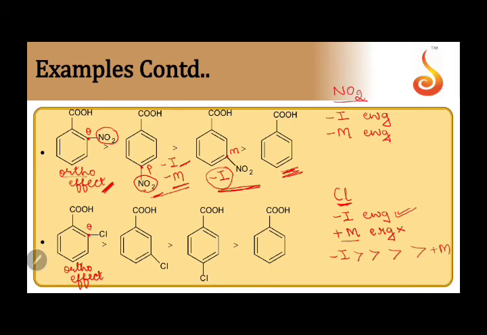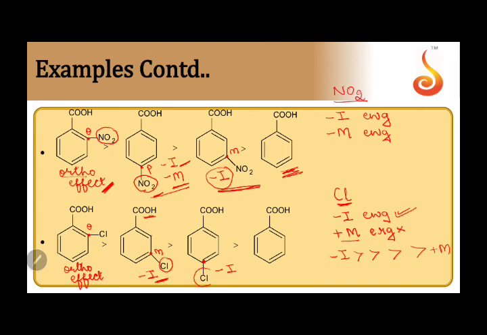Next, in all the other compounds, we are considering inductive effect. So, at the meta position also we are considering inductive effect, minus I effect. At the para position also we are considering inductive effect, minus I effect. We know that inductive effect decreases with distance. Hence, you see that this chlorine is much nearer to the carboxylic acid. Effect is stronger. Electron withdrawing nature is stronger here.